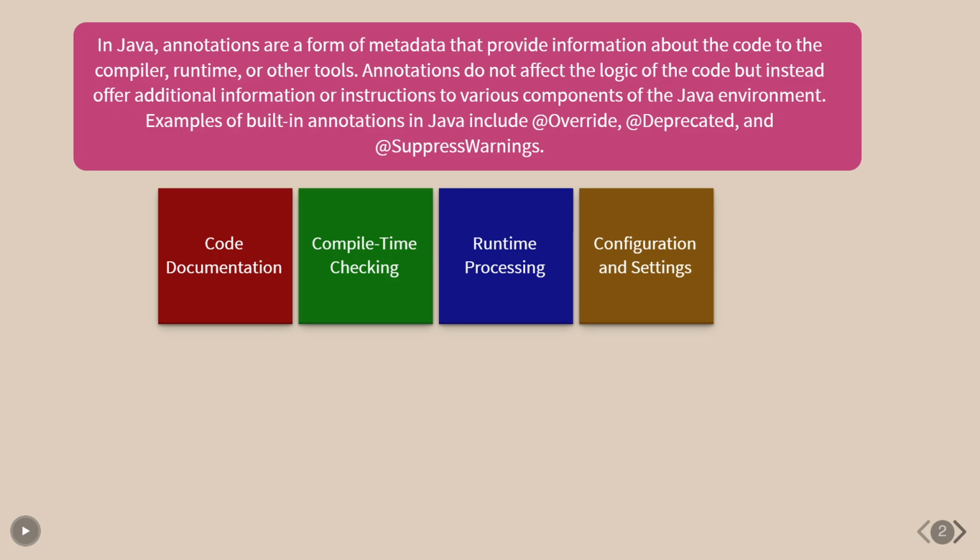Configuration and settings. Annotations are often used to configure various aspects of the application or framework. For instance, in frameworks like Spring or Hibernate, annotations are used to define dependency injection configurations, database mappings, and other